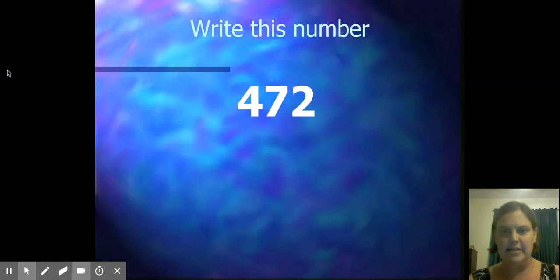Write this number inside your notebook, 472. In order to write it in word form, I have to look at the place value of the 4. It's inside my 400. My 7 is inside my tens, and my 2 is inside my ones. So I will not have anything with a comma, as you can see. So I'm going to write it the way I say it,